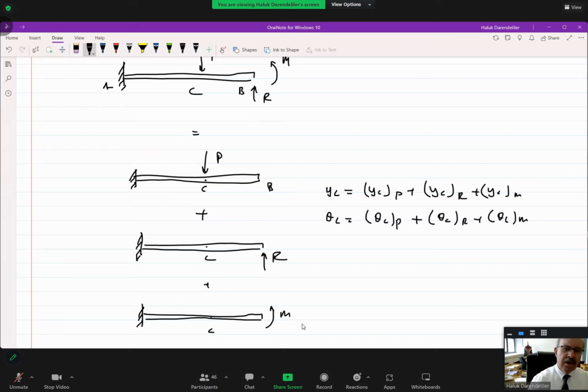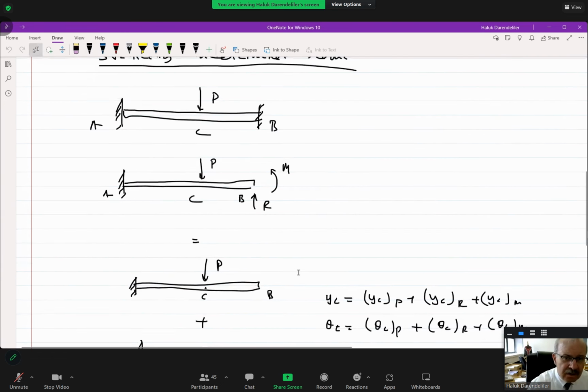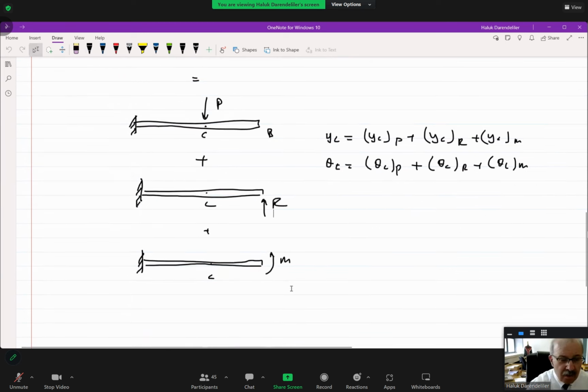Now look, here you can determine YC and theta C, but now, since this problem is statically indeterminate, they are in terms of R and M. So we need two more equations because of this statical indeterminacy. What are those? When you look at the physics of the problem, the first figure which we have here, it is clear that at B, there is no deflection, there can't be any deflection, and there can't be any rotation, which means that